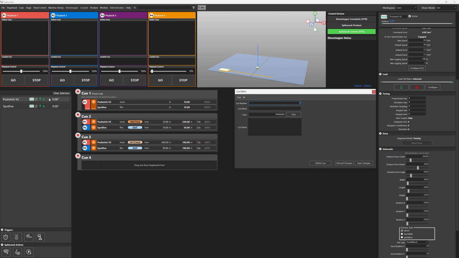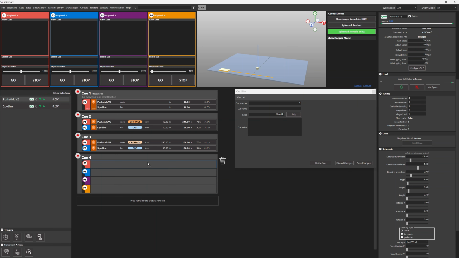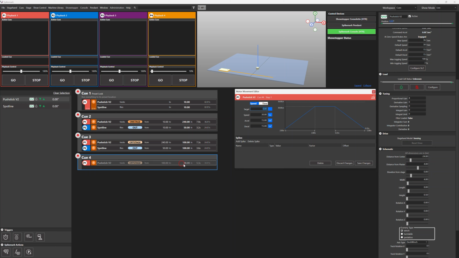Then I'm going to grab my push stick and drop it onto playback 1. I'm going to select that. Then up here at the top, you can see we have speed and time. If we click time, this will dump us over into our time units. So let's set a new position. Let's go to 200 inches. Let's have this take 7 seconds